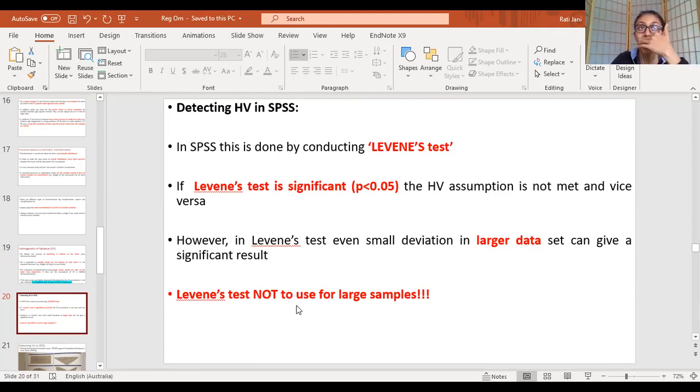Instead, you do a scatter plot and check whether you have a lot of data scattered all over the place, like how you were checking influential data points. So check visually with a scatter plot, and see whether this is something you need to address by running regression using weighted least squares. Otherwise, for smaller data sets, Levene's test will give you accurate findings.